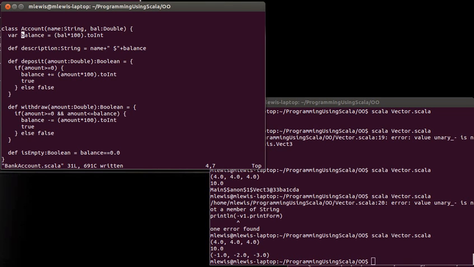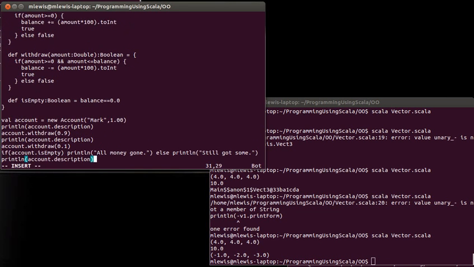Okay, you're not supposed to be able to get directly at balance. Maybe, for example, we started putting in logging, and this is actually something any bank would want to do, make it so that every time the balance is changed, it logs that someplace so that you can go back and look to see what happened. Well, if I have this as a public var, I simply can't do that. So what I'm going to do is I'm going to make it a private var, and just to demonstrate that this works,